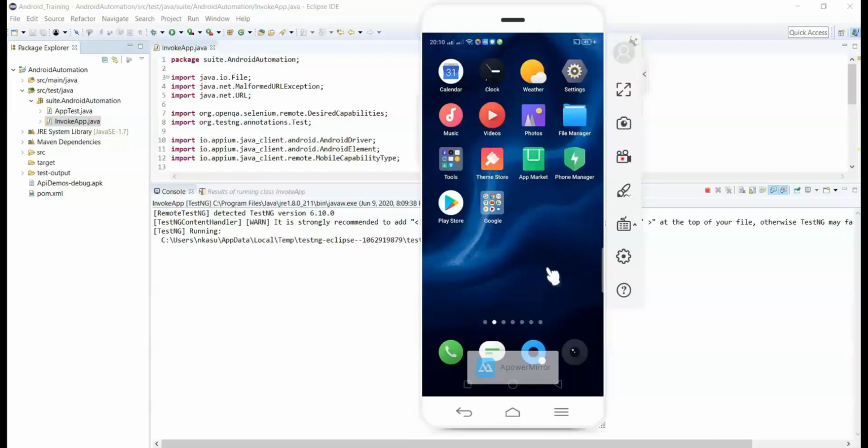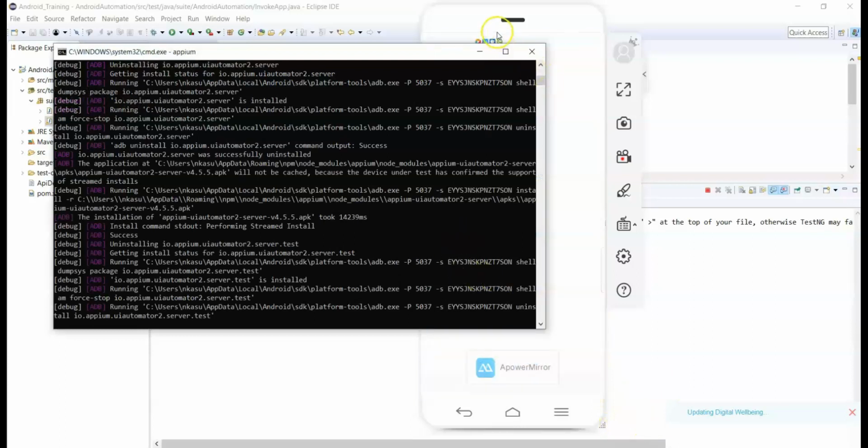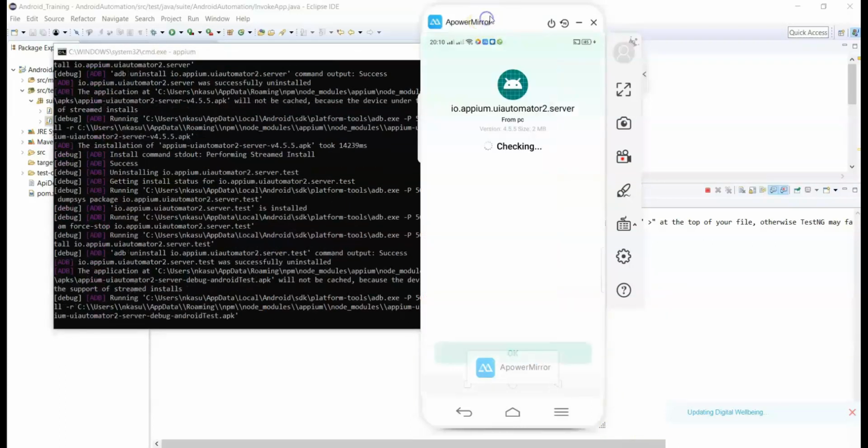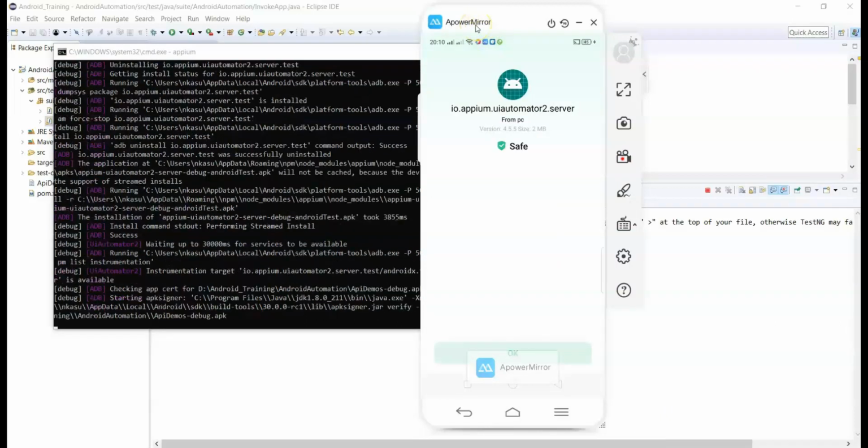Initially it will take some time to open the application. From the second time onwards it will open very quickly. So you can also see the logs here. Yeah, it is checking the UiAutomator2 framework.